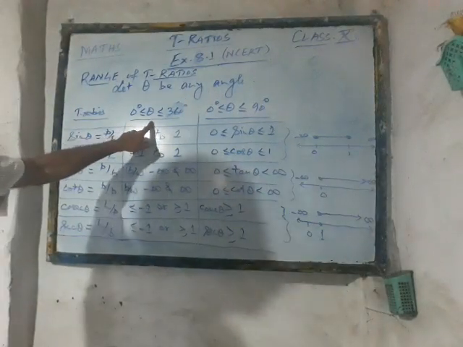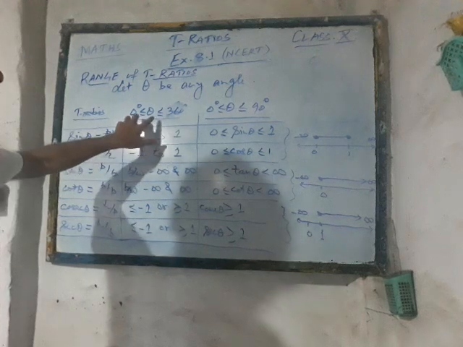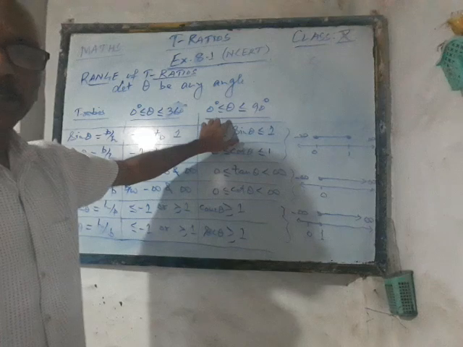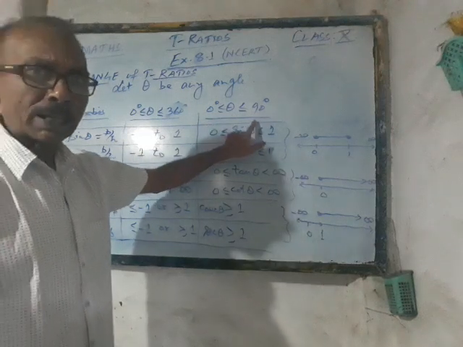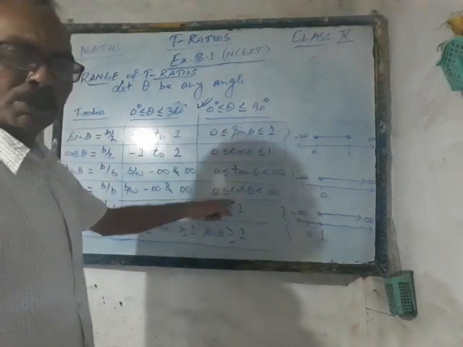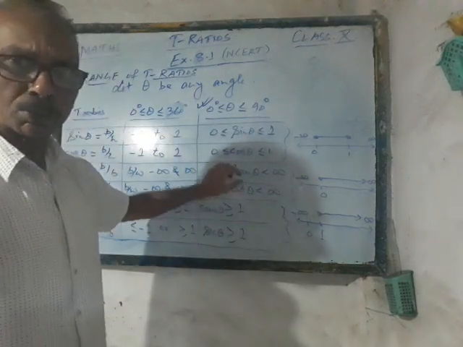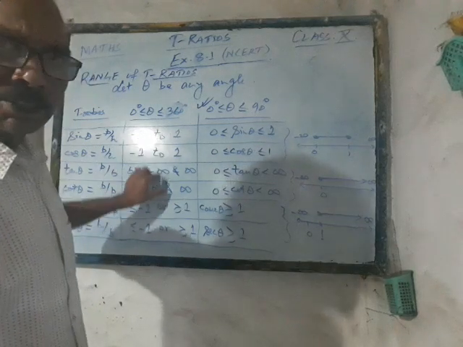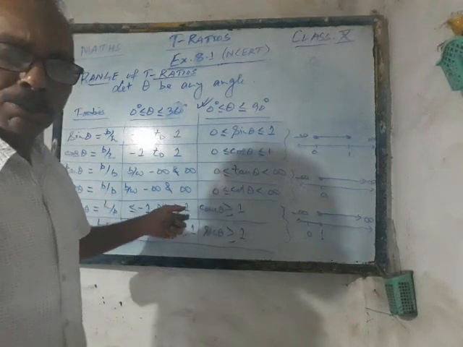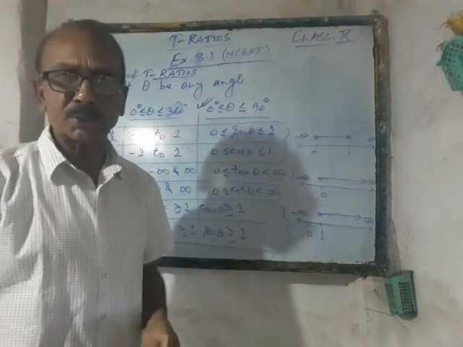When theta is between 0 degree and 360 degree, inclusive of both, means what? When theta varies from 0 degree to 360 degree. Here I have written when theta varies from 0 degree to 90 degree. So this one is in your syllabus. Whatever I have written over there, you have to remember this one, because the questions are going to come on the basis of this. But for your knowledge, I have written the other so that you cannot be trapped by someone else whenever the minimum value or maximum value of T ratios is asked to you.